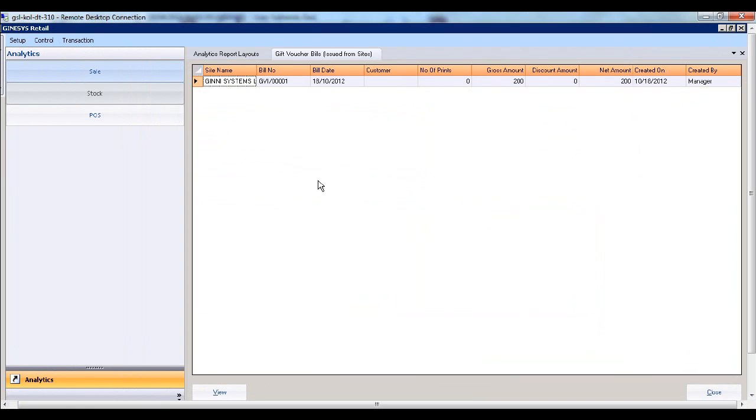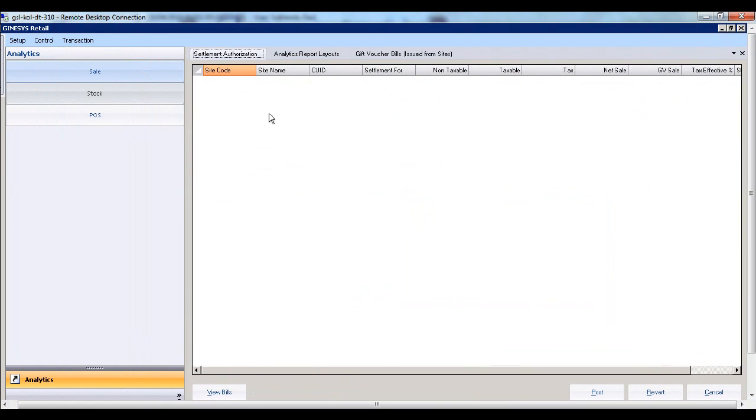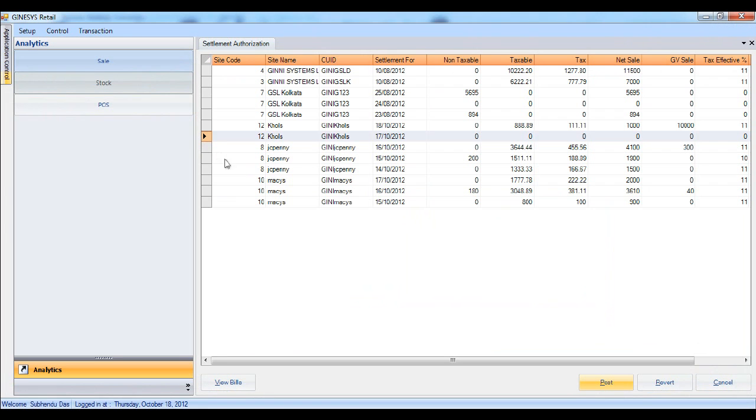The next thing that I wanted to show you were a couple of changes that we've made to our settlement review module. So let's take a look at the settlement view. Well, I do not have any settlements right now, so I'll just go ahead and create some. So now let's look at the settlement authorization screen, and I wanted to show you that if we view bills from